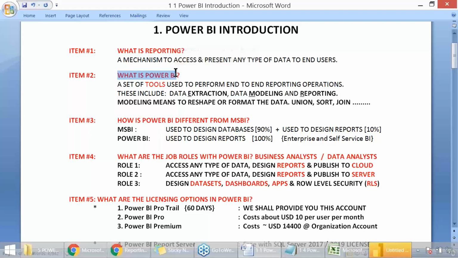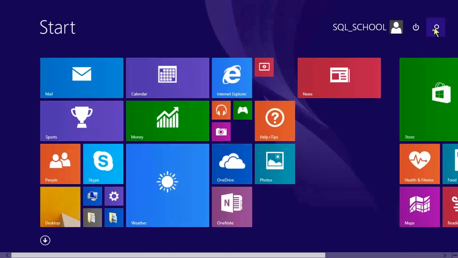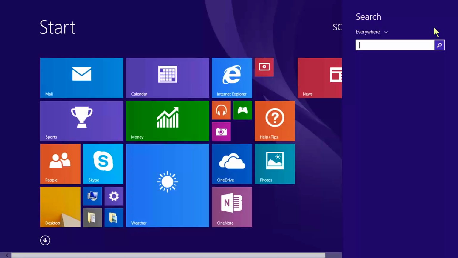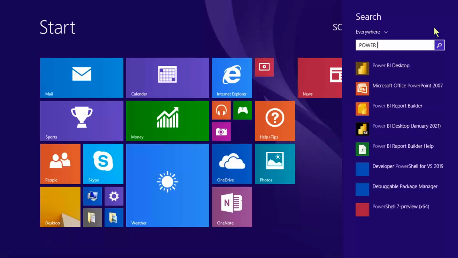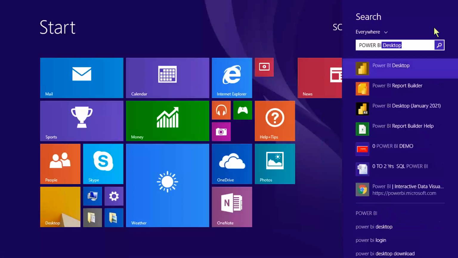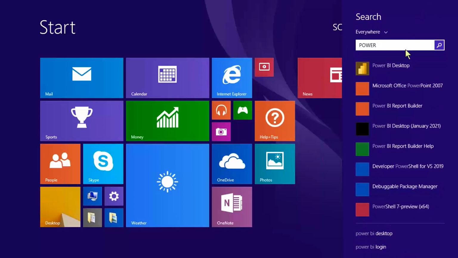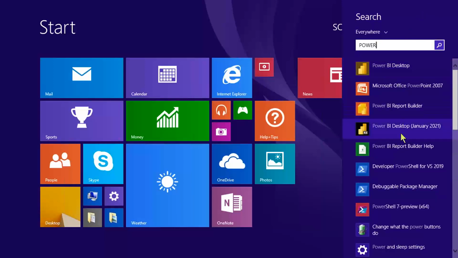Let's understand what is Power BI now. The entry point, a set of tools. From the very next class we'll understand that we have different kinds of tools in Power BI. We have something called desktops. There are two desktops.